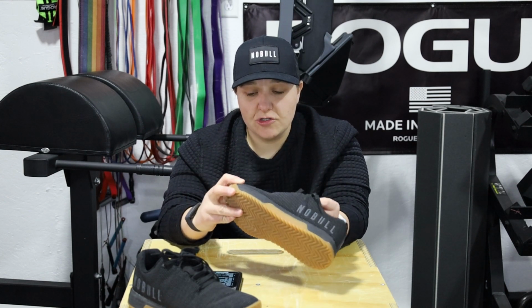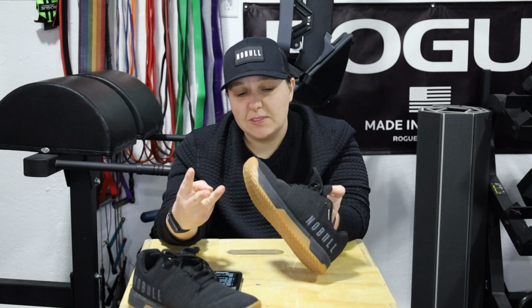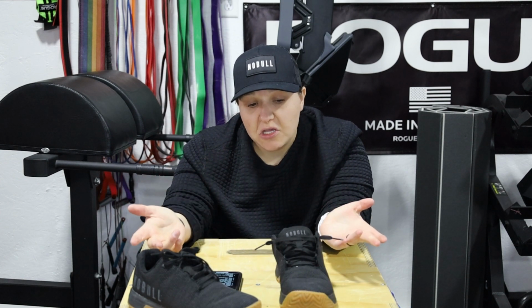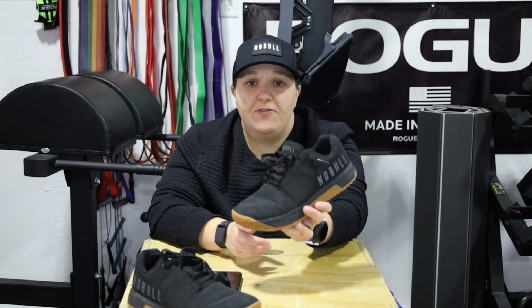My other favorite shoes right now that I'm wearing are the Rad Globals, Metcons 7s, and then I'm kind of testing the Tri-Base Reign 4s from Under Armour. So a few complaints with these shoes that people have had that I didn't think was that big a deal, but on a few different NOBULL pages that I'm a part of, people were returning these shoes because of this. If you can see,